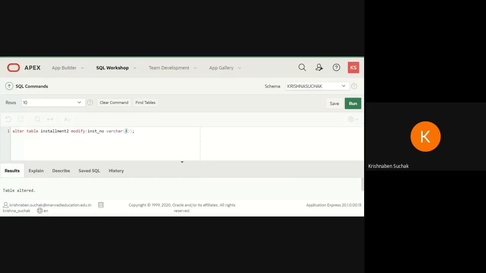Kevin done. Good, Kevin. Goswami, completed. I'm writing code now. Do it fast. You just need to change column name and size here. Nothing else you need to do. I don't know why you are taking this much time.